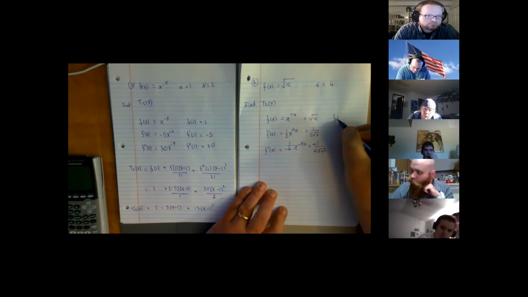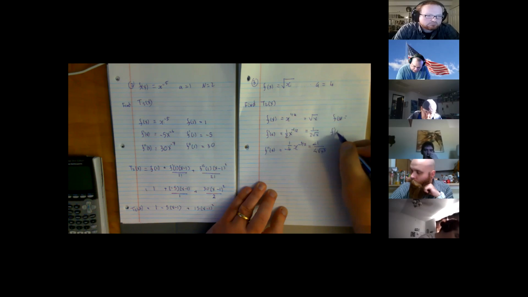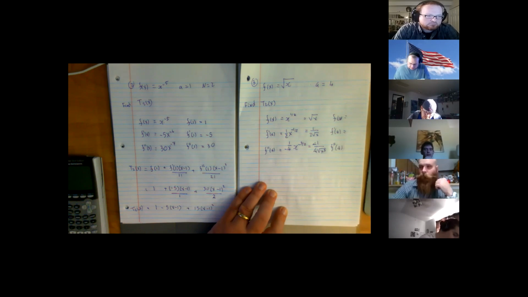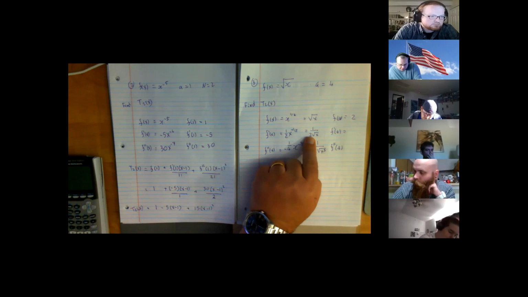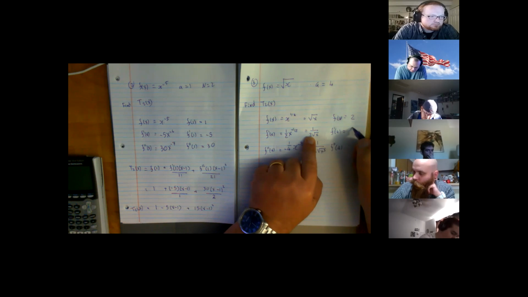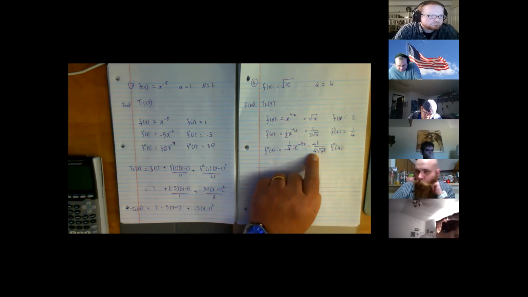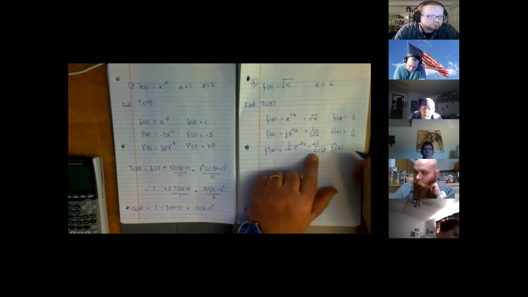And the reason I'm writing it like that is hopefully so I don't screw up when I evaluate the derivative at 4. So that becomes the square root of 4. That becomes 1 over 2 times the square root of 4. And that guy becomes -1 over 4 times the square root of 4 cubed, which is basically 8. So you get -1 over 32.